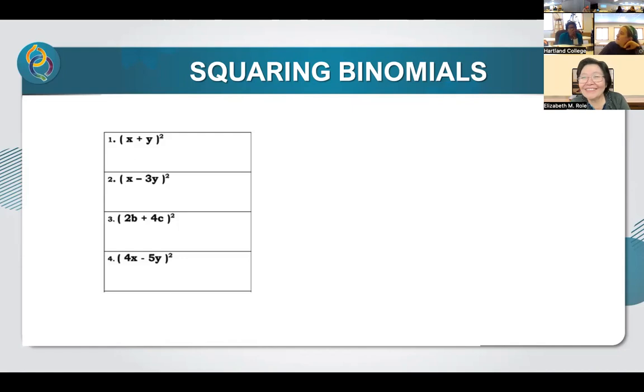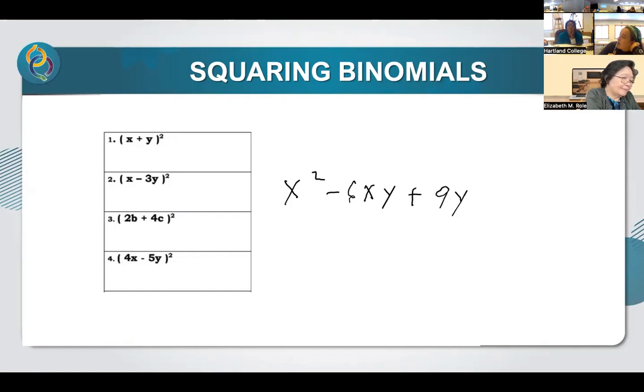Okay. Number 2. Yes, Abigail. Number 2: x squared minus... Okay. What is x times 3y? It's 3xy, and double it is 6xy. Minus 6xy, plus 9y squared. You're squaring 3y times 3y. Yes. All right. So x squared minus 6xy plus